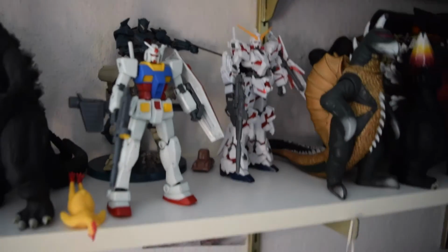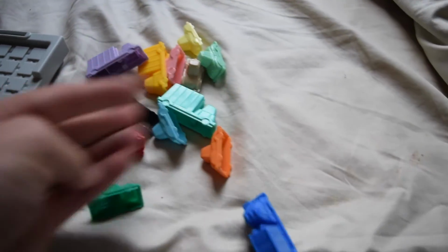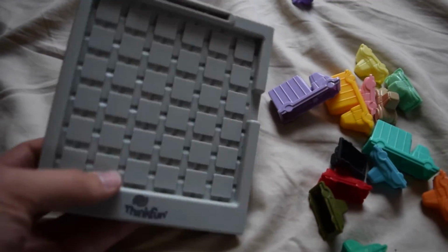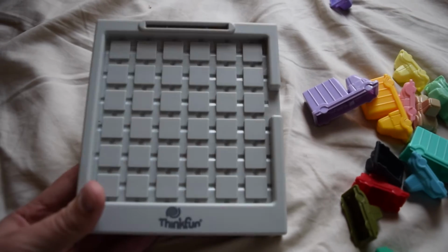But even a Gundam setup like that doesn't look too bad, honestly. So, yeah, I'm pretty excited, actually. I'm glad I still have these. And then, if you want to, you could probably take the board itself and make it into a